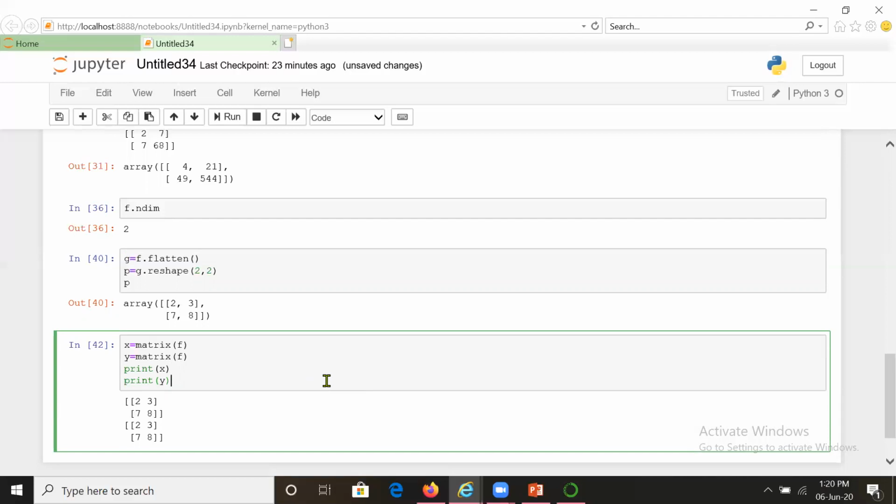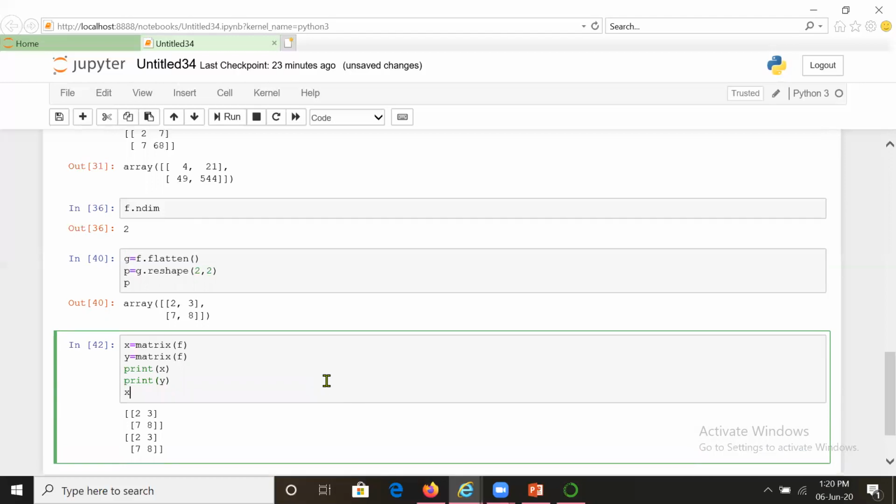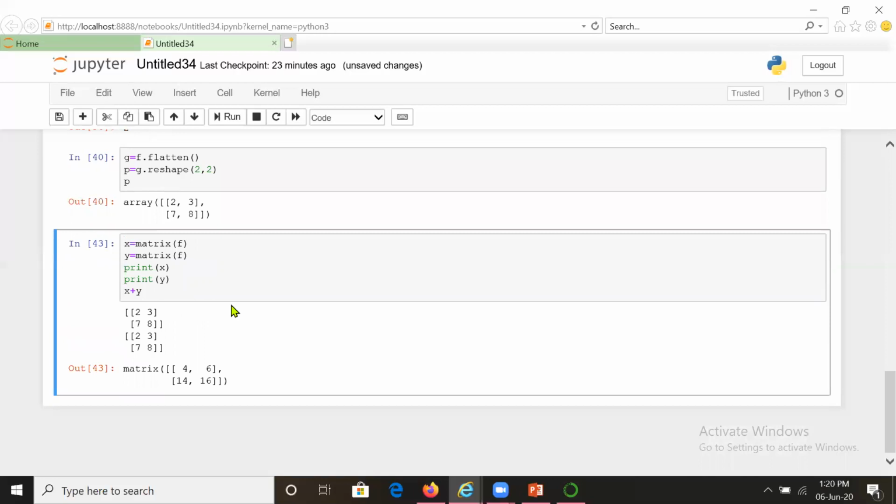matrices. And now suppose you want the addition of these two matrices. You can simply say X plus Y. So this will be the addition of two matrices. Now the problem becomes interesting when you do the multiplication. If you are a C++ programmer or C programmer, you know that for beginners it will take a half an hour program for writing the multiplication of two matrices. I will suggest you to do that.